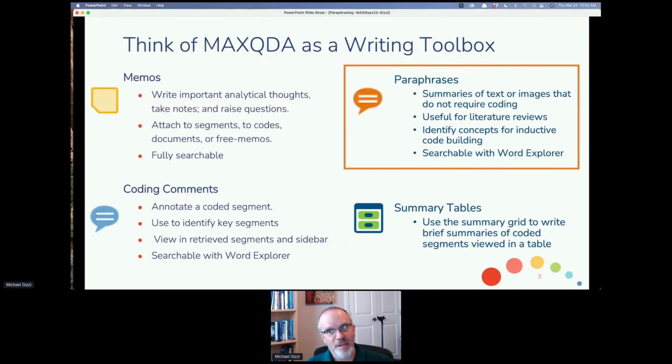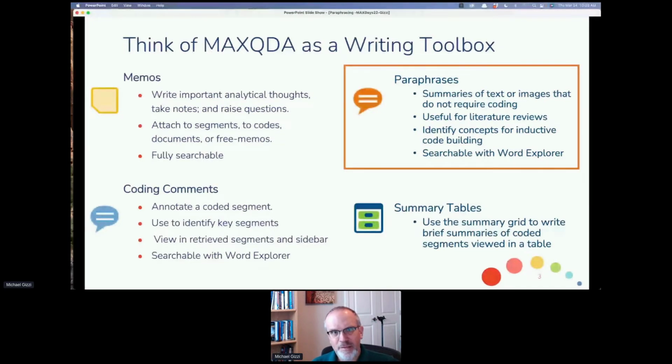It might be attached to a segment of text, to a code or to a document, or it might just be a free memo. Memos can be almost unlimited in length. They are fully searchable and fully formattable.